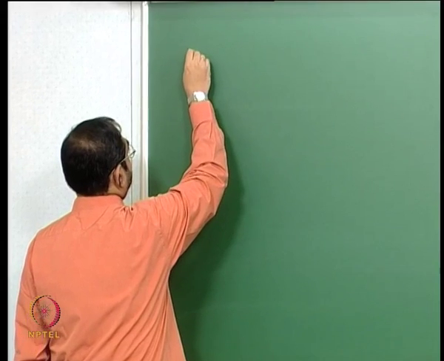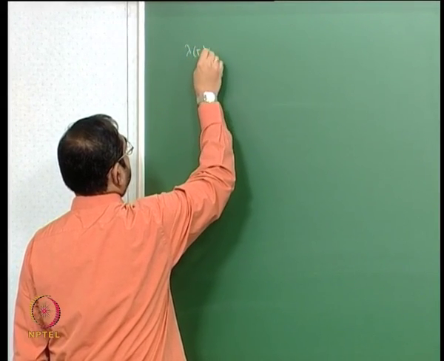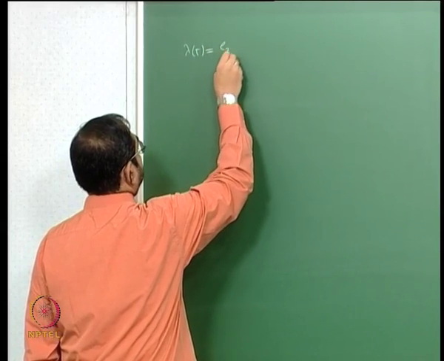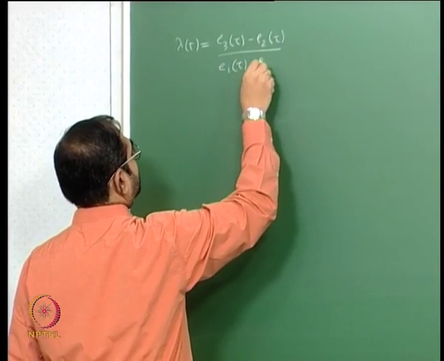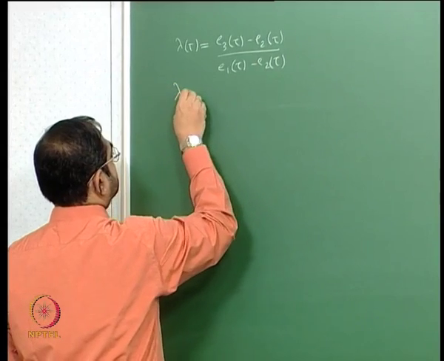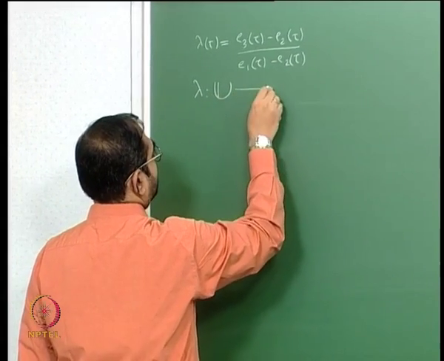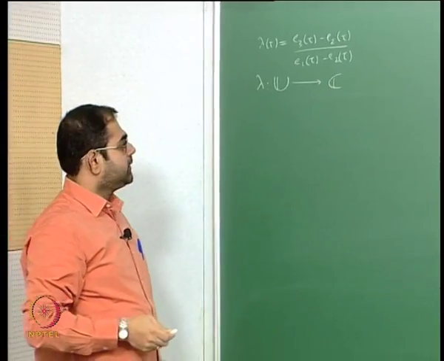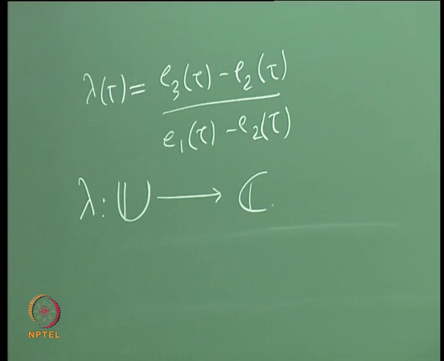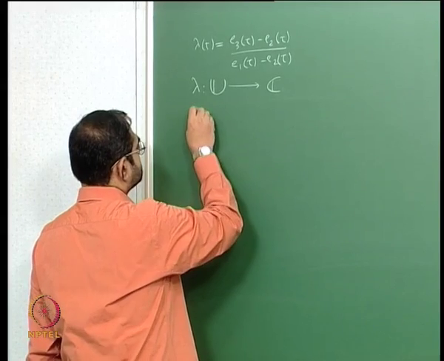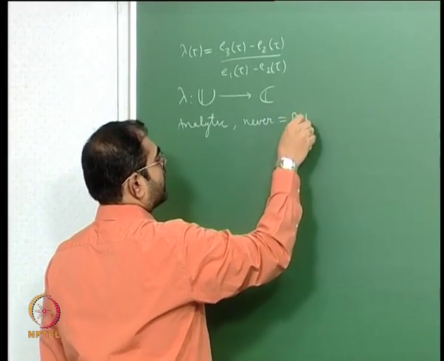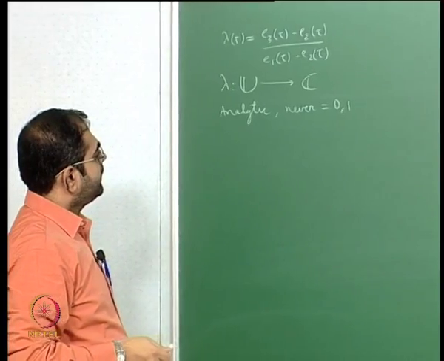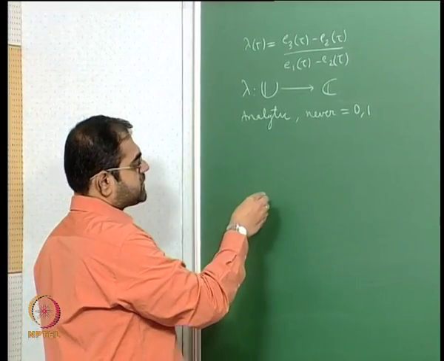So we have this function lambda of tau, which is given by E3 of tau minus E2 of tau by E1 of tau minus E2 of tau. Lambda is defined on the upper half plane and taking values in the complex plane, and in fact it does not assume the values 0 and 1, okay, and is analytic, never equal to 0 or 1. And the claim was the following, that